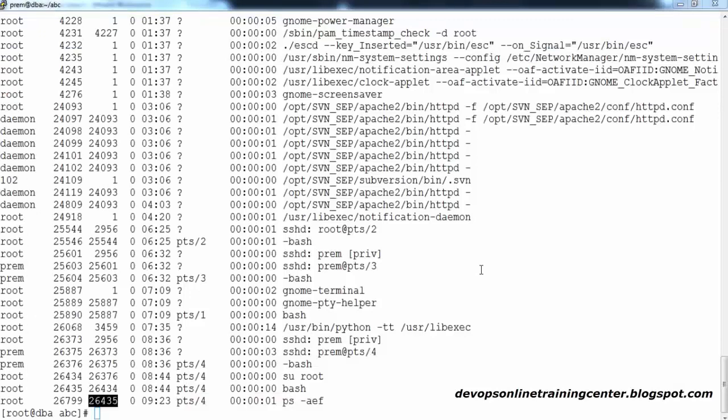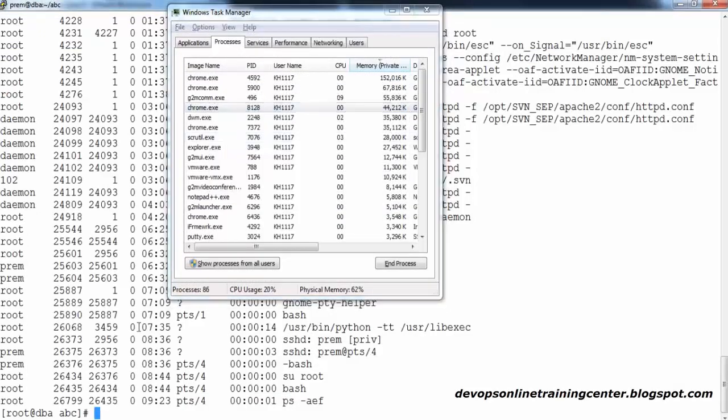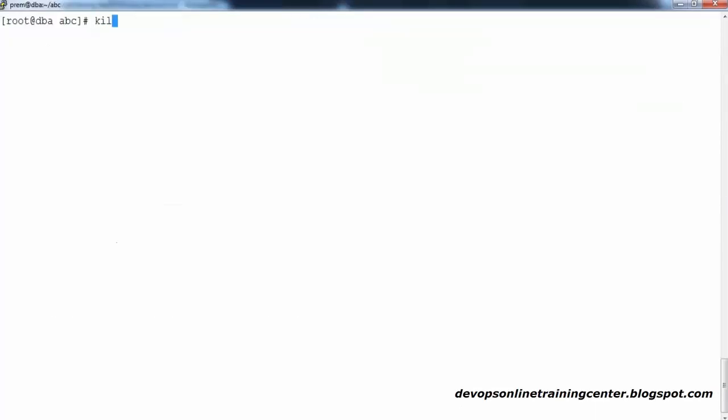You go there and you do the task manager end task, okay. Similarly in Linux, to kill a process, there is a command available called kill, okay. ps -af is one command and kill is another command. So kill is to kill the process. Now you might be thinking, how do I kill? I need to give some number, right? So you have to provide a process ID, guys, PID, okay.